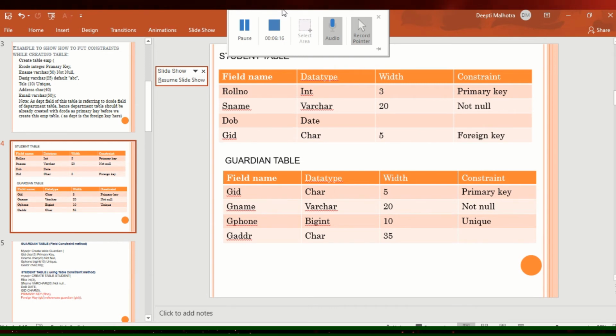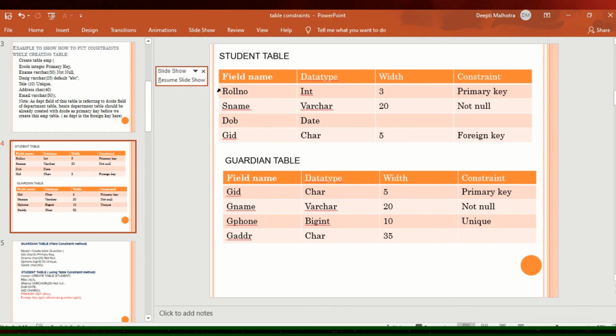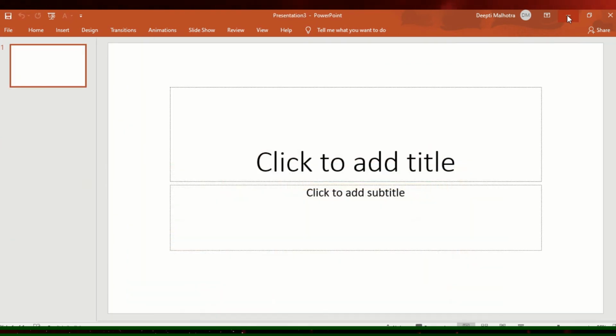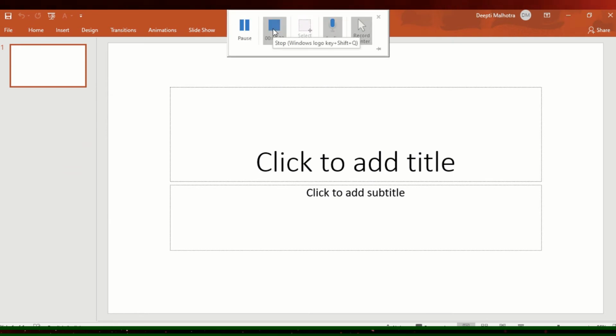Okay, so here we are going to stop the recording and our recording will be stopped. Now I am not stopping it here because I have to record my complete video. Now if I click on this stop, what happens?